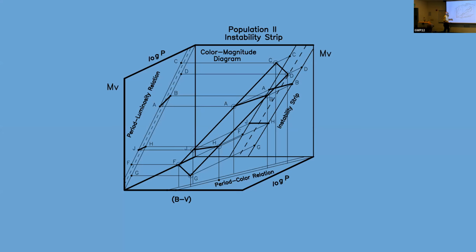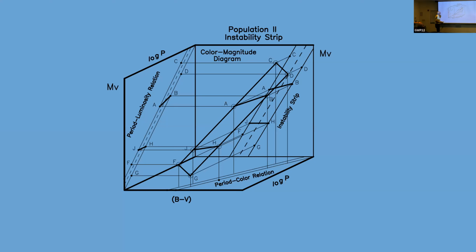This is the same data cube now, where it's luminosity versus color in this plane. So this is the instability strip, which we saw in the previous talk. These are samples of lines of constant magnitude here. And then there's lines of constant color, and they're all projected in here. They're hiding. So anything that isn't color and luminosity is hiding as an implicit variable in here. So there are period lines up and down this